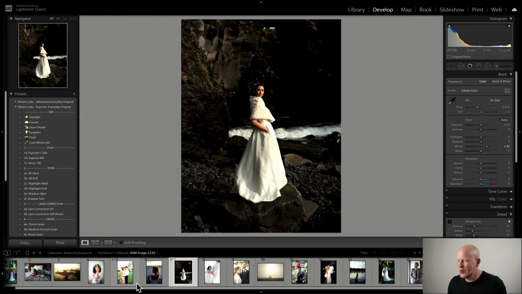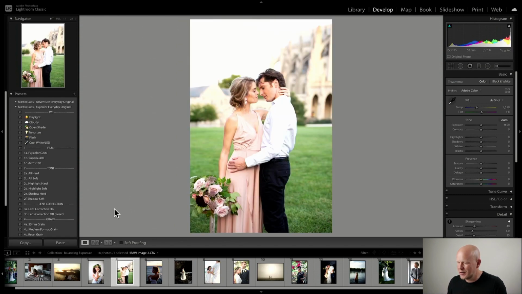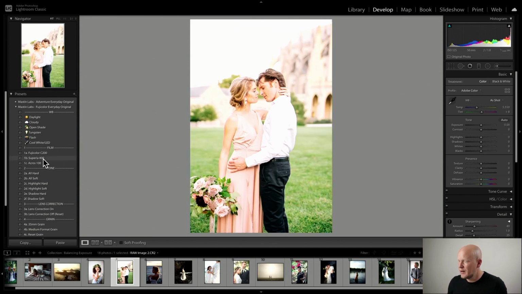Okay, so cool thing of the day. Let me just start with this image here. I'm gonna do a quick 3-step edit. So Superior 400, I'll apply that. I'm actually not gonna touch the exposure slider here at all. I'm just gonna get the white balance kind of dialed in. And then I'm gonna show you my cool trick. Not that I would ever do this. You'll watch my other videos, I never do it this way,